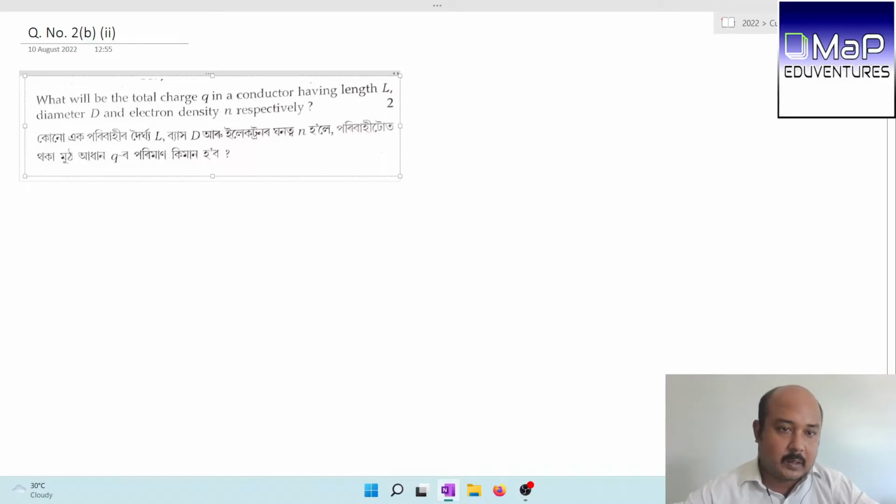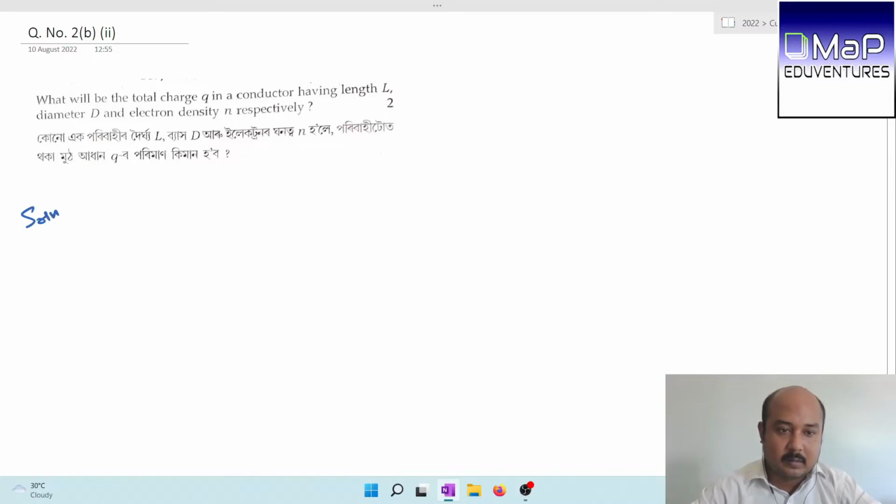The question is: what will be the total charge in a conductor having length L, diameter D and electron density N respectively? Okay, so first we start by finding the volume of the conductor. I will show it in two or three steps. First, the volume of the conductor. I denote it by V, which is equal to